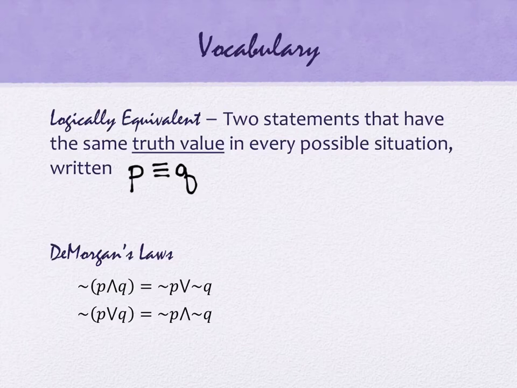So I'm going to give you an example of one that people use interchangeably that are not logically equivalent. Have you heard somebody say before, I couldn't care less? And you've also heard people say before, I could care less. And usually, no matter which one of those that they're talking about, they actually meant the same thing. But obviously they didn't, because there's the word not in one of them and it wasn't in the other one, correct? Those two statements would not be logically equivalent. But people meant them to be, because they said it quickly or they'd heard it said a number of times or whatever, right? So De Morgan's laws